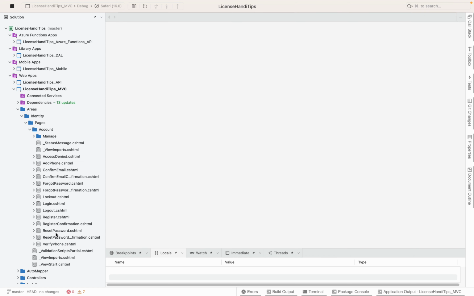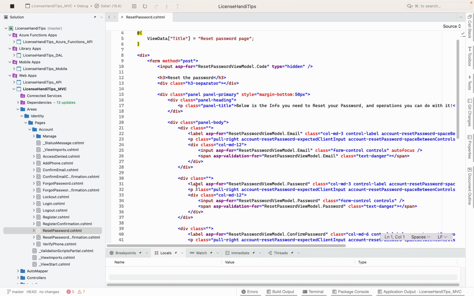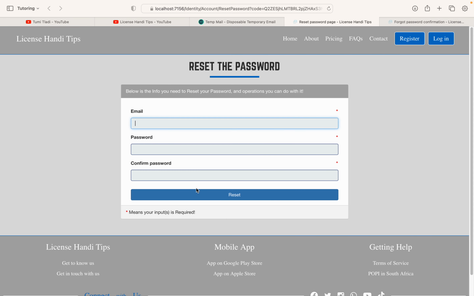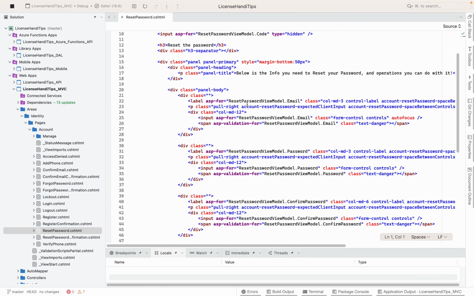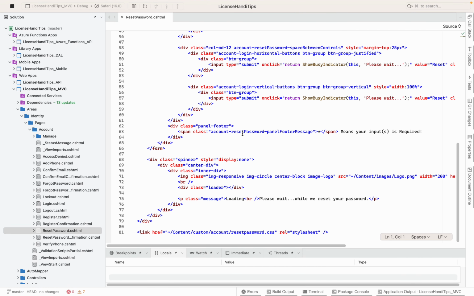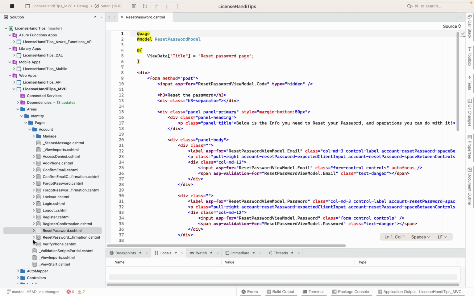So now if we go to reset password, this is the UI that you see here, right? Where we're expecting that email address, we're expecting a new password and confirming the new password. And we're about to see that in action. So this is that UI that you just saw, right? Now the code behind,